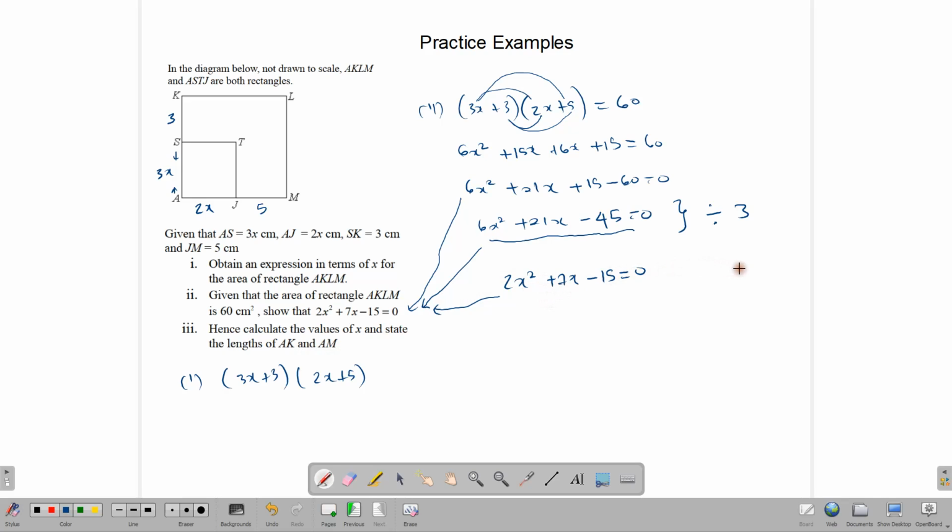2 times 15 is 30. Let's try to see if it can be factorized. Other numbers that multiply to give us 30 are 5 times 6. We have 10 times 3. Those multiply to give us 30. And immediately we can see that this pair will work with that, because we can use this pair to get 7. So we can rewrite our expression as 2x squared plus 10x minus 3x minus 15 equals 0, and factor